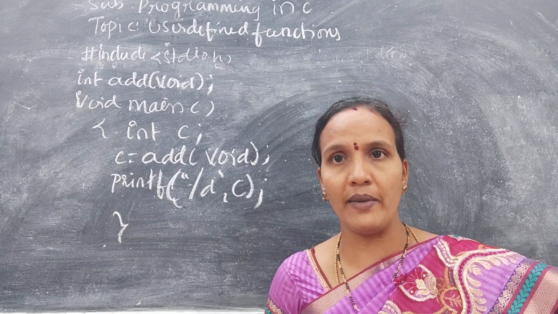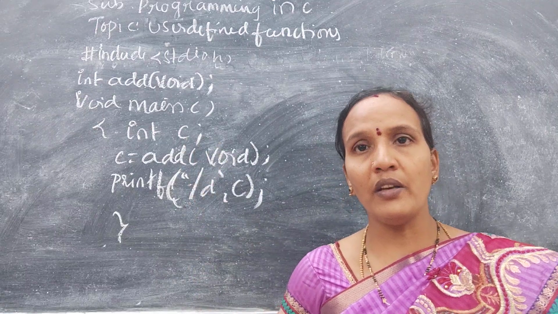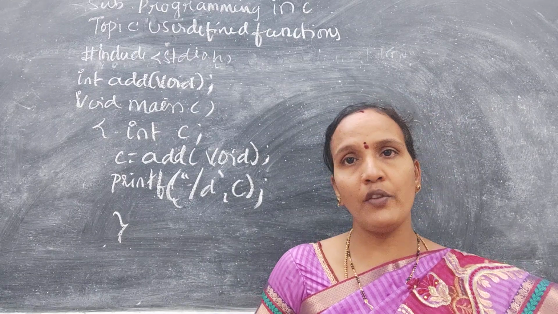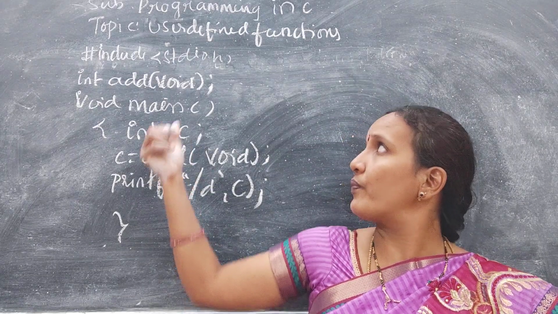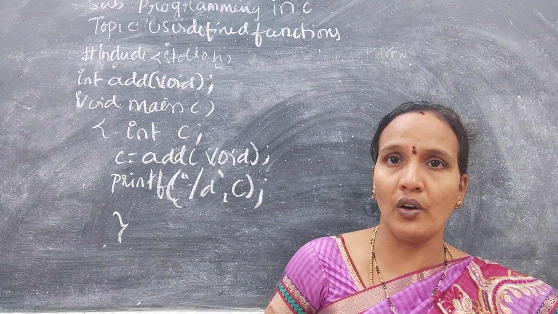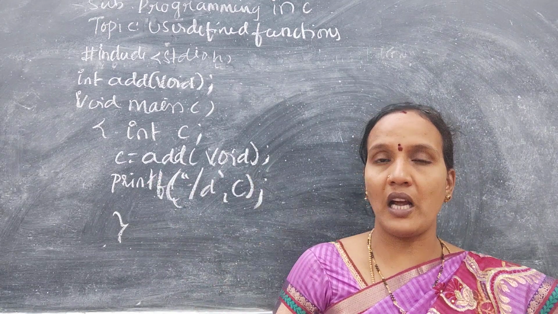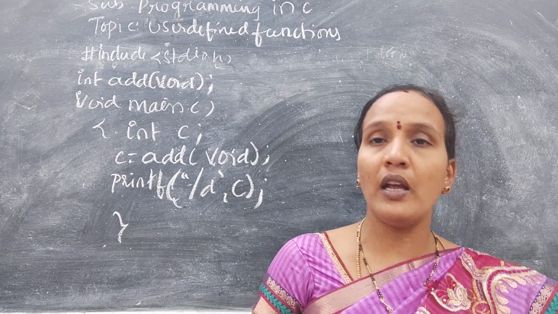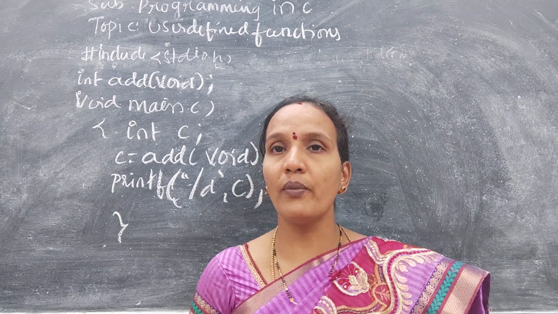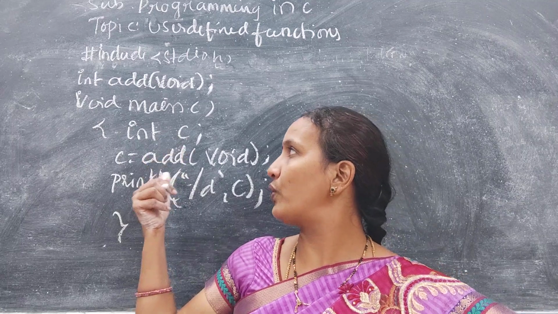If you have a number of arguments, then only we can pass the value. If arguments are not there, then who is there to collect the value from a user? Actually, arguments are used to collect the value from the user. So I am not giving an argument. Here there is a prototype, and I am not giving an argument. So there is no question of passing a value at the time of calling. If there are arguments, then only we'll give the values. So no arguments, no passing value to the function at the time of calling.